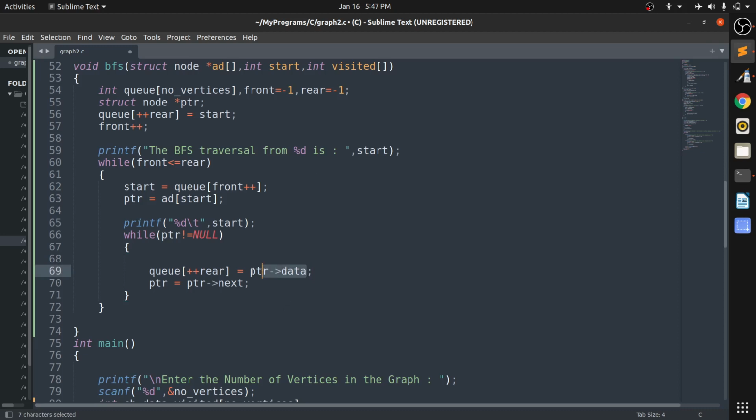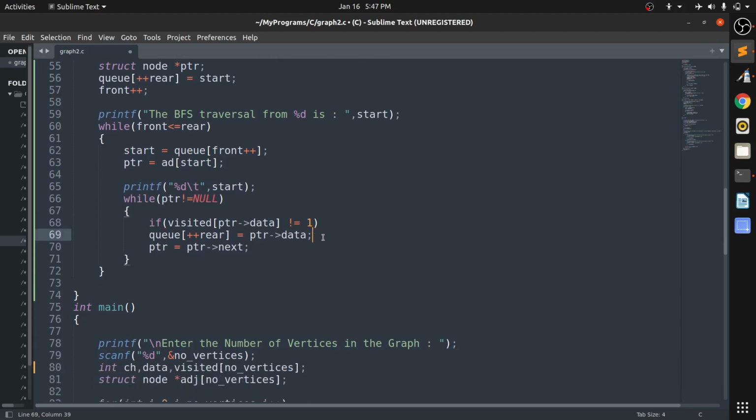If visited of ptr of data is not equal to 1, it means it is not visited.